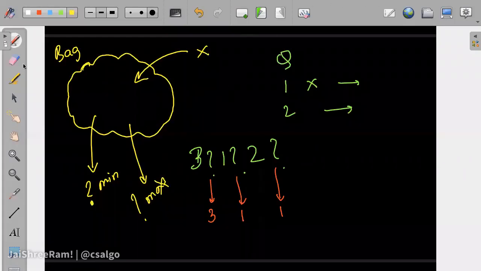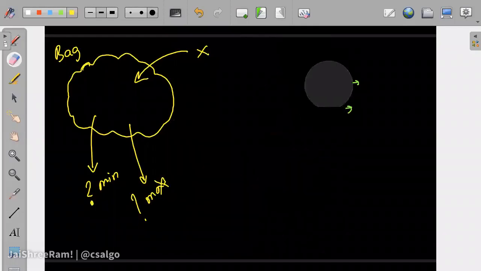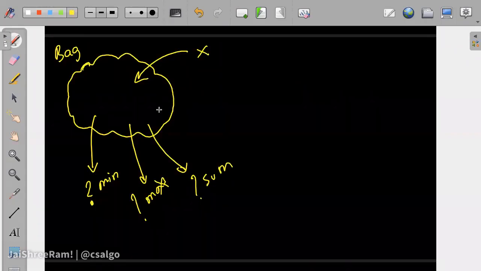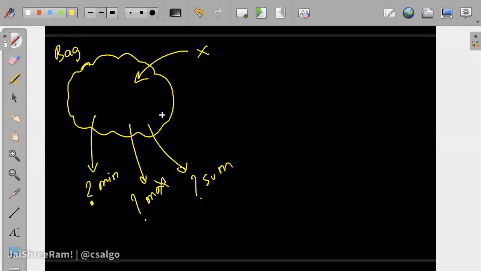Okay. So now let's add more operations to this. Let's suppose we want to support finding out the sum of elements in the bag. Can we do that as well? How can we do that? Same, right? Are these three clear to everyone?